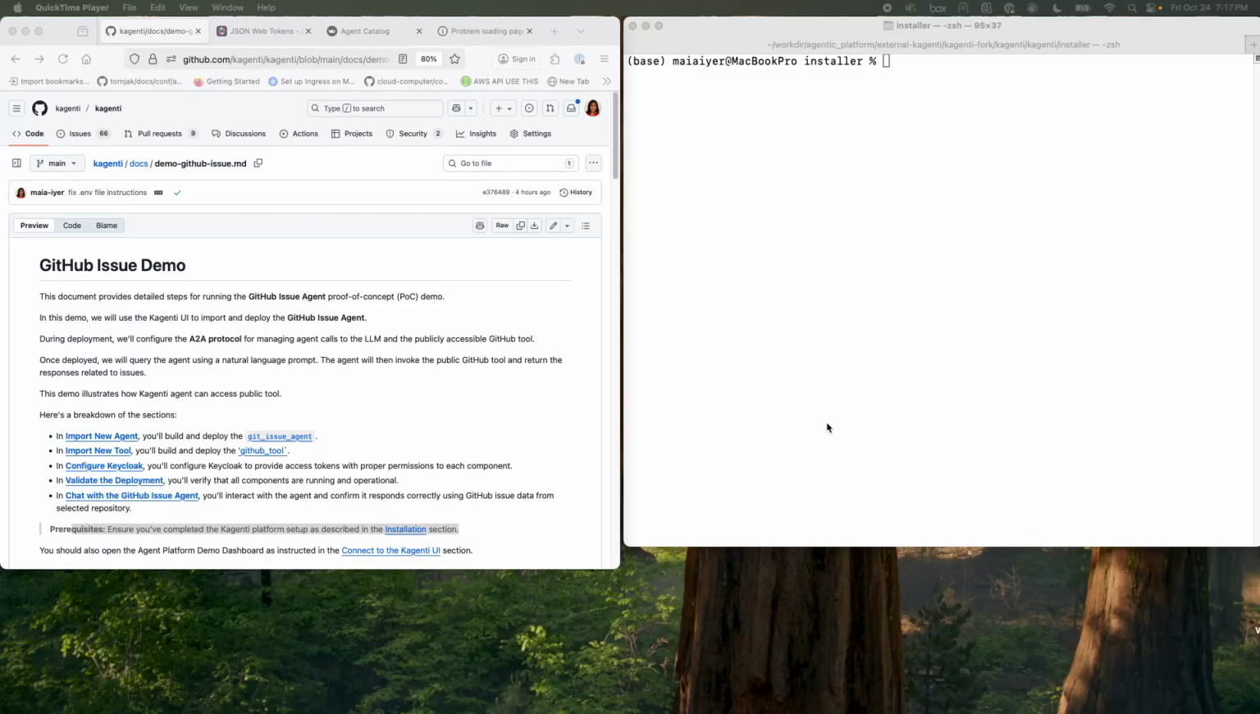Hello everyone. Today we are going to be going through the GitHub issue demo, which is located in the Kagenti repo. Through this demo, you're going to be installing Kagenti and all of the components associated with it in a kind cluster from scratch on your local computer. Then we are going to be importing agents and tools into that cluster so that you have a chat agent that will be able to obtain various information of GitHub issues in either private or public repos, depending on